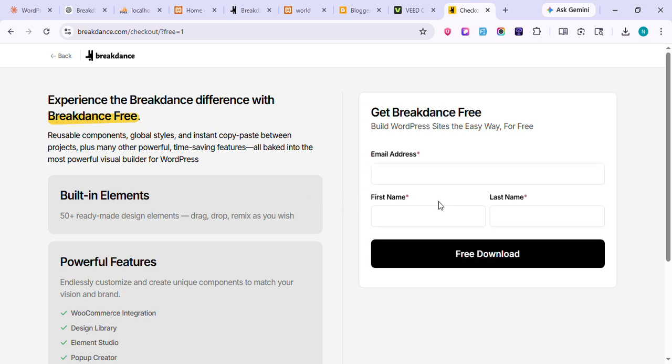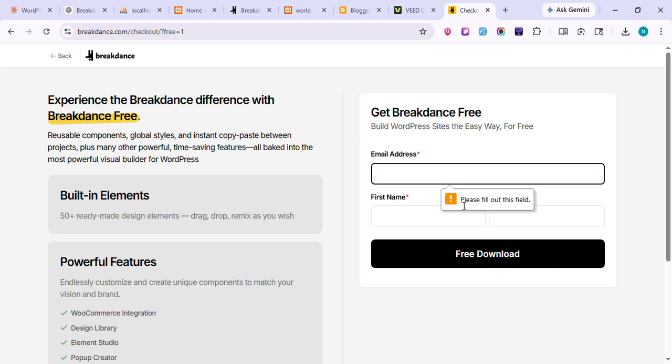After doing that, we will get this. Here we have to submit an email address, first name, and last name. After that, we click free download. You will get a button here to download the plugin, and here for the license. I will show you